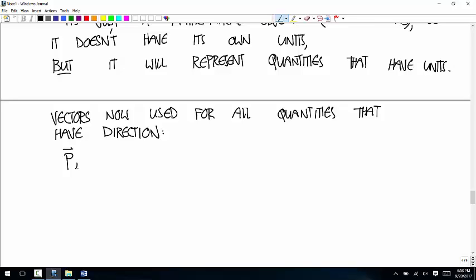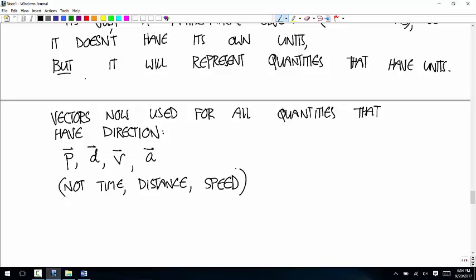Velocity. Oh, how about displacement first? Displacement has direction, yes. How about velocity? Yes. How about acceleration? Yes. Not time or distance or speed. There might be some more, but